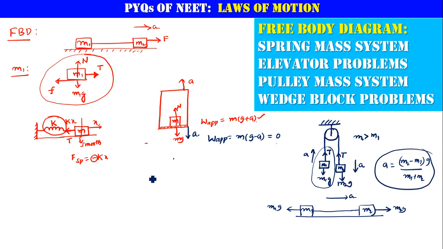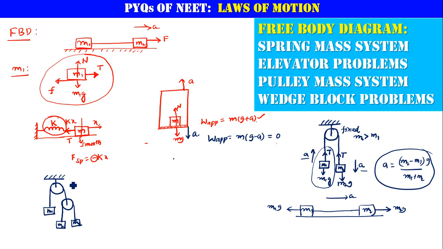Okay, and in any case, suppose there is a movable pulley. Since this pulley is a fixed one, you can see there is no change in acceleration here. For example, if this pulley is a movable one, then the accelerations or velocities will not be the same. Let us discuss that right now. Let us say there is a mass m1 here, and there is another pulley here. That pulley is a movable pulley. I think that is clear from the diagram itself. Let us say this is m2 and this is m3.